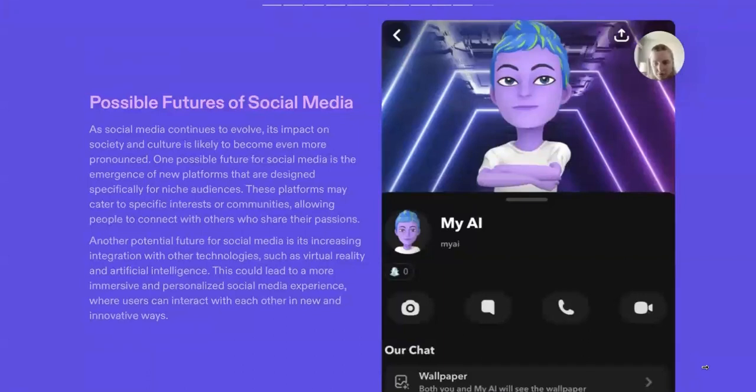Another potential future for social media is its increasing integration with other technologies, such as virtual reality and artificial intelligence. This could lead to a more immersive and personalized social media experience where users can interact with each other in new and innovative ways. So I included